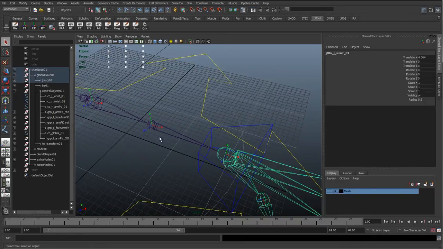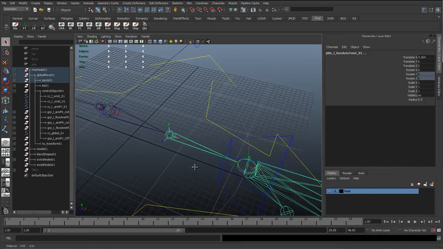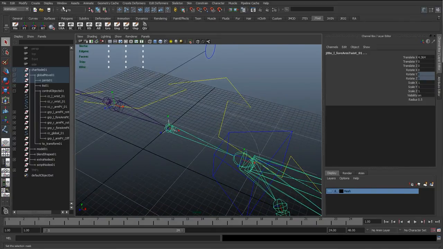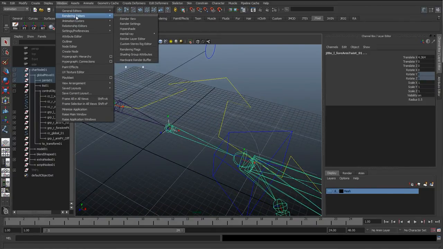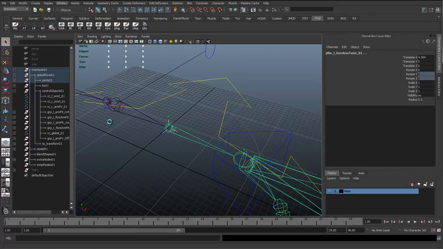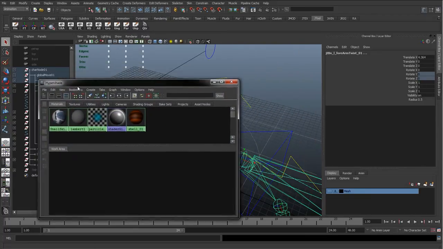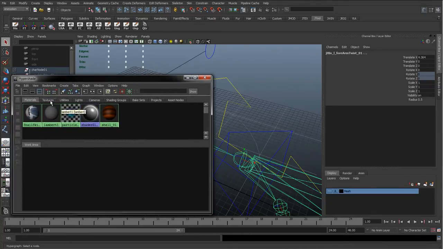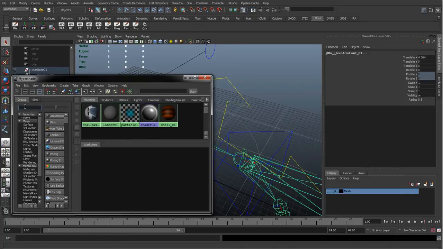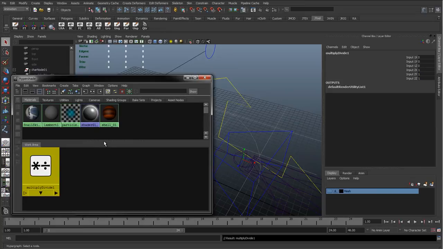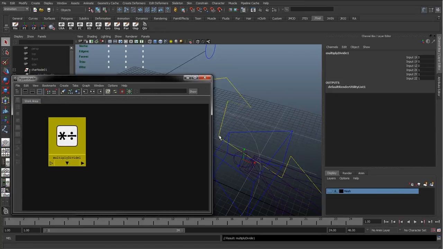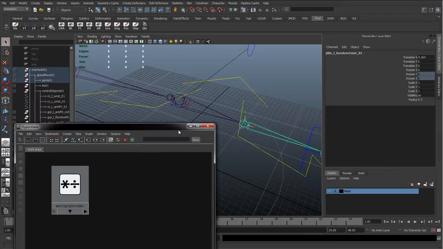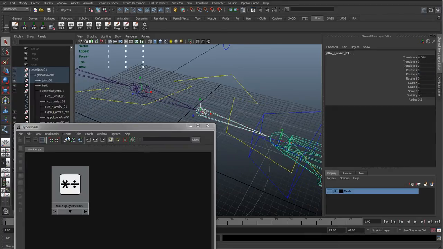And all I'm going to do here is select these two joints, go to Windows, Rendering Editors, Hypershade, and we're going to do a similar thing we did earlier with the splitting the rotates between these two joints. I'm just going to go to the creation, type in mul for multiply divide, create one of those, just expand this work area. So I'm going to select the forearm, the wrist, go to graph,